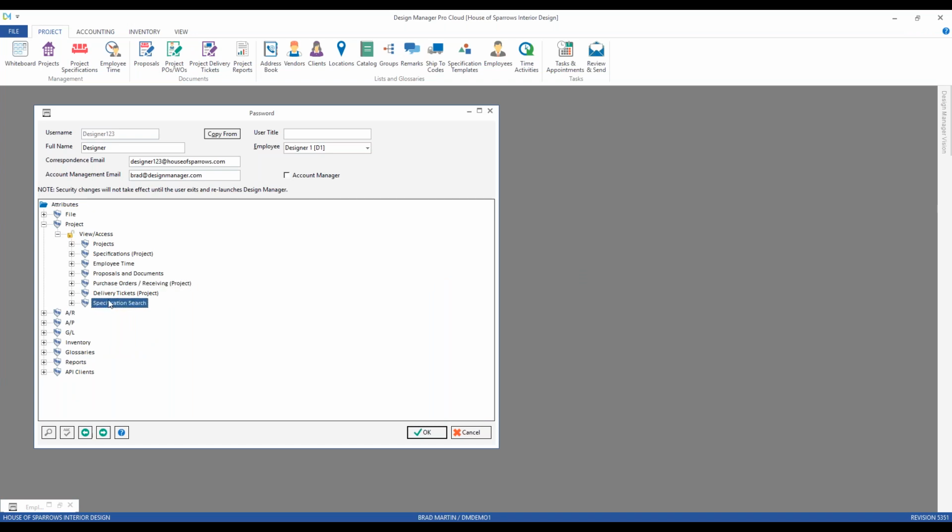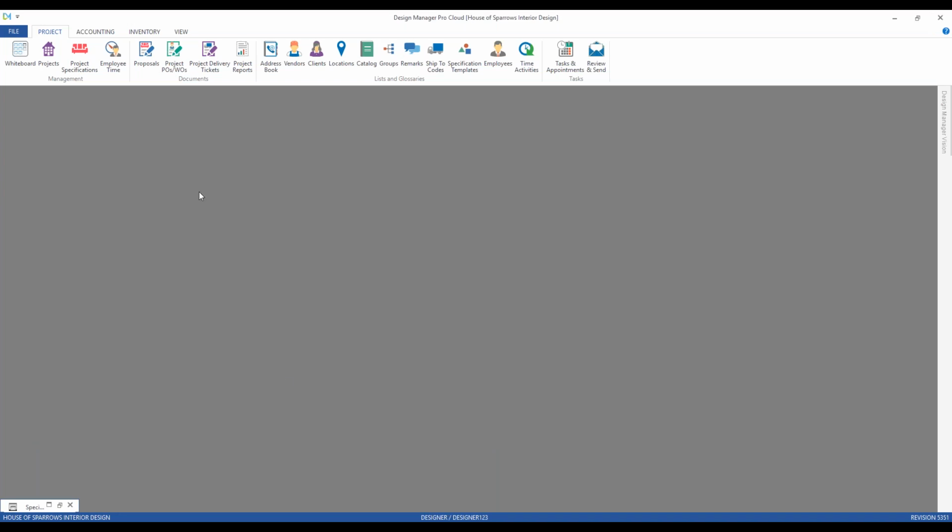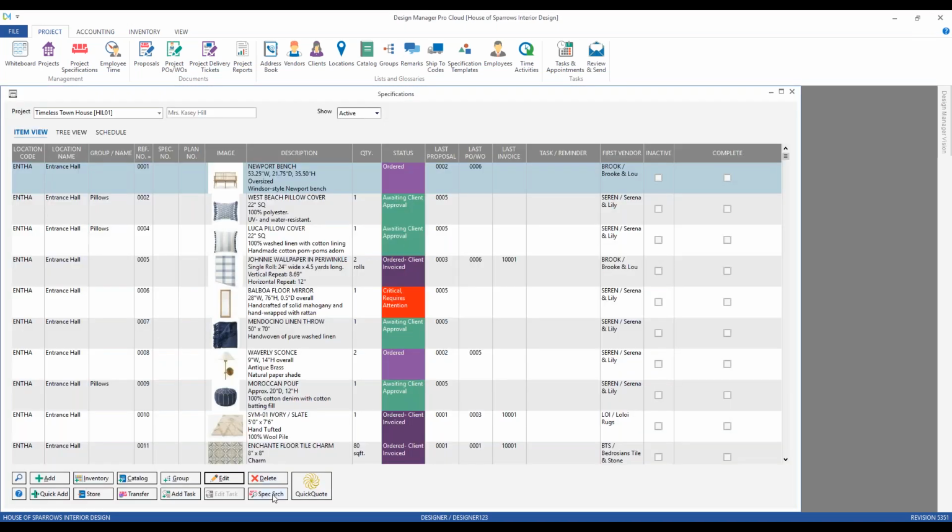And finally, for our project, we're down to our specification search. Now, a very powerful tool for those of you who know in Design Manager. You can easily track down any number of components that satisfy conditions that you want to review for profitability or order tracking, etc. So the ability to access that window can be granted or restricted, and the ability to print that information in case we don't want an individual taking sheets and sheets of profitability information with them. That's controlled, and that determines whether or not if the user can access the specification window